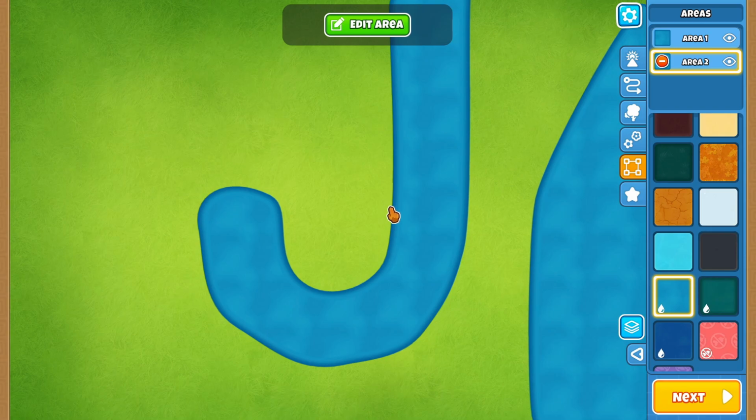Now, before I start changing a bunch of things, I want you guys to know, Epic Noob's map is actually a pretty solid looking map. It is not a bad map in any way, shape, or form. But because Epic Noob wanted me to make a couple of changes and make a bit of an altered version of his map,